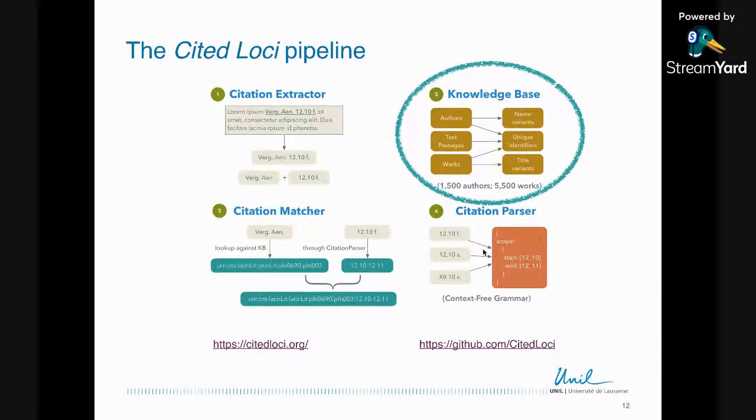And underlying this knowledge base, there are some ontologies that allow me to represent the semantics of the data. In this slide, without going into details about the ontology modeling of all of this, you have a representation of how to make explicit the meaning of a canonical reference. In this case, you have a canonical reference to Virgil's Aeneid, book 1, line 1 to 11.